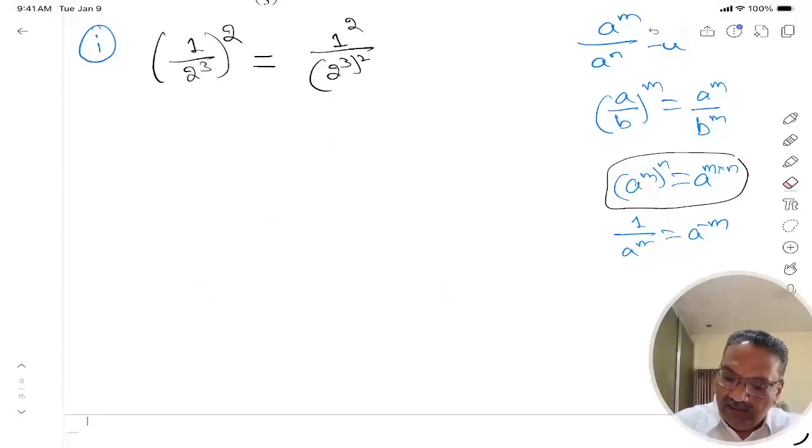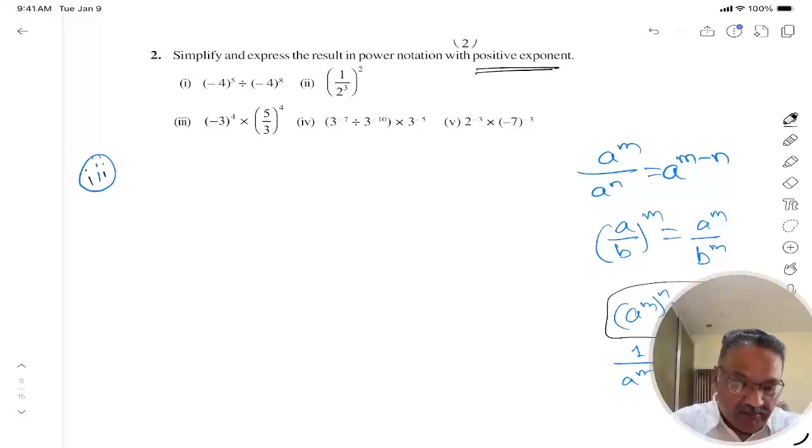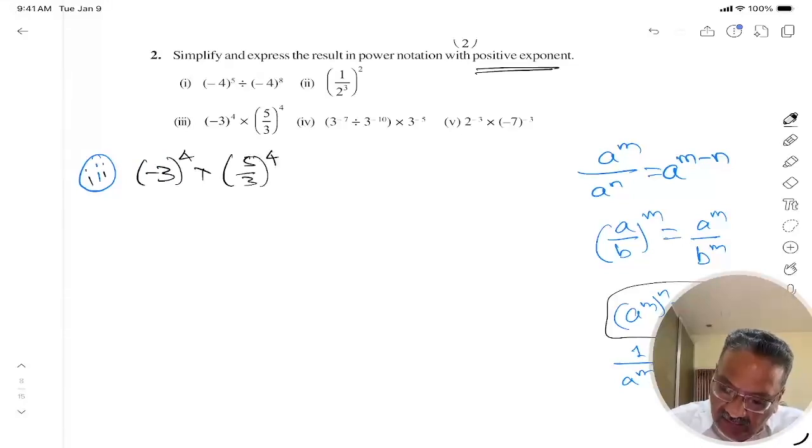Let's come to the third question, part 3. We have (minus 3)^4 into (5 by 3)^4. This is equal to,